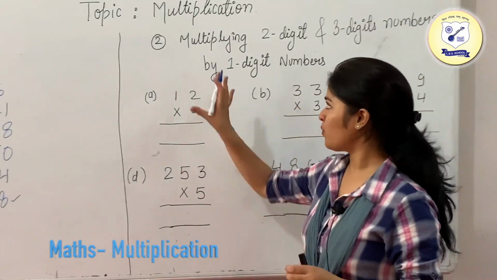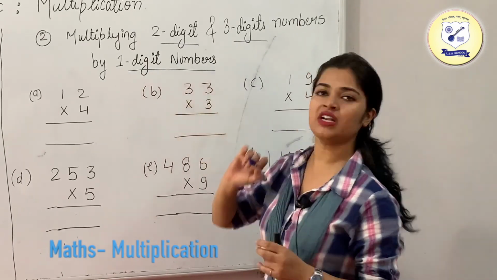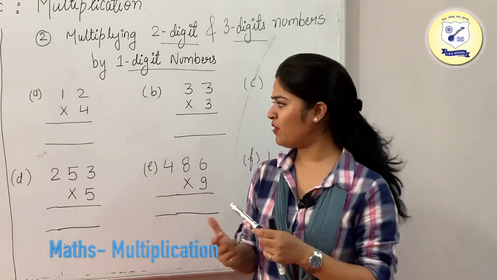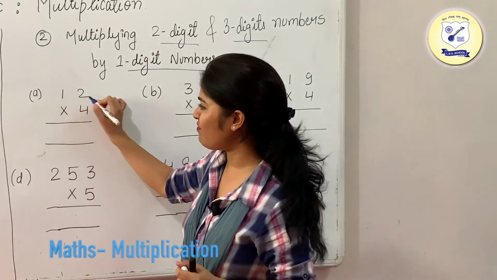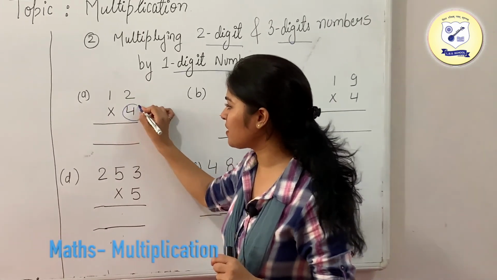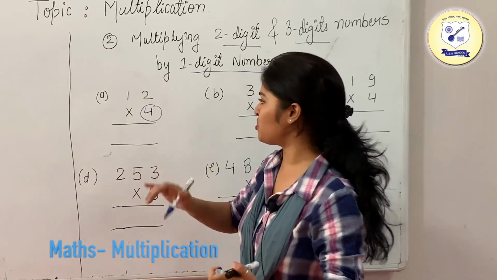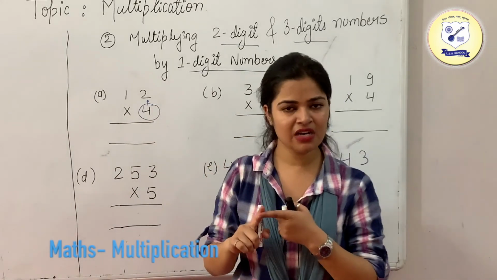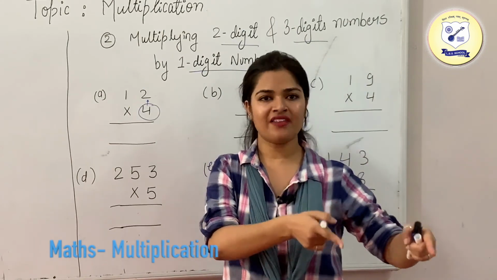Okay. Now we are going to multiply a 2-digit number and a 3-digit number by a 1-digit number. If you are going to have more than 1-digit number, then we will multiply those numbers in this manner. Like we are having 12 multiplied by 4. We need to multiply the number which is written below by the numbers which are written above, one individually. First we will multiply this number with the 1-digit number. After that we will multiply with the 10-digit number, and then we will move to the 100-digit number.